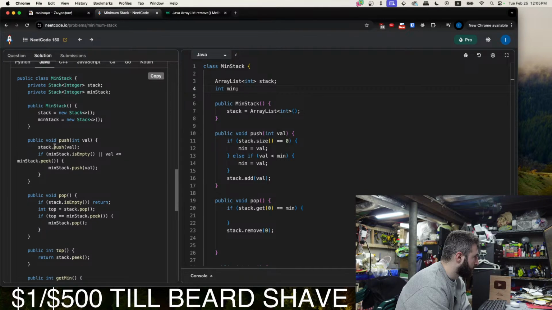Push: stack.push puts the element into the stack. If min stack is empty or value is less than or equal to minStack.peek, minStack.push.